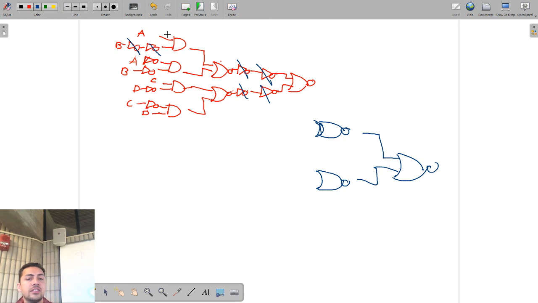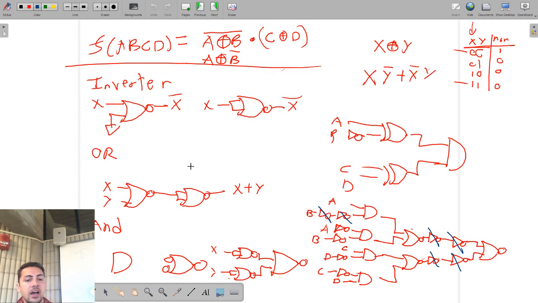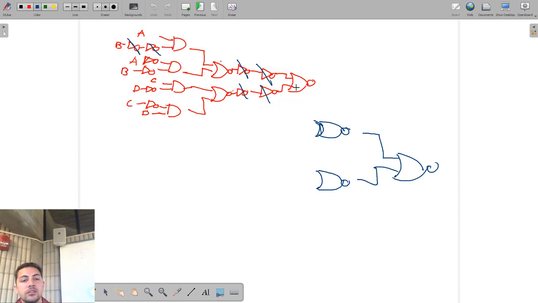Oh, I left this as an AND. I left that as an AND. AND by itself is NORs with inverted inputs. Oh, goodness. So each of these is a NOR with inverted inputs. And then that goes to A, B,